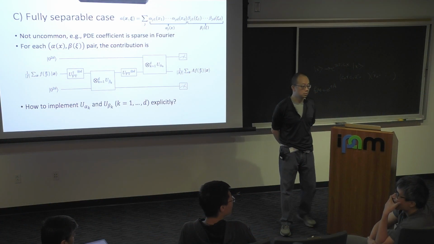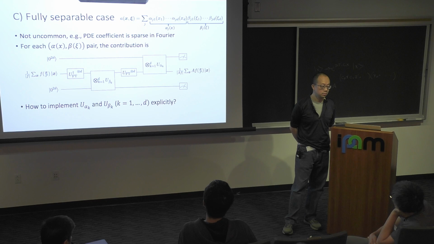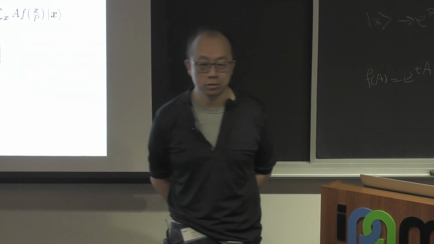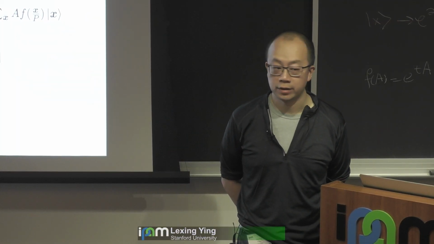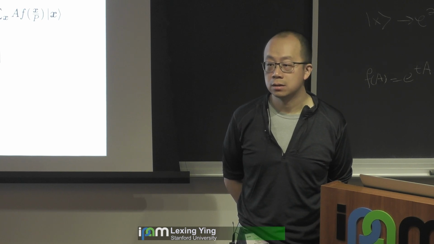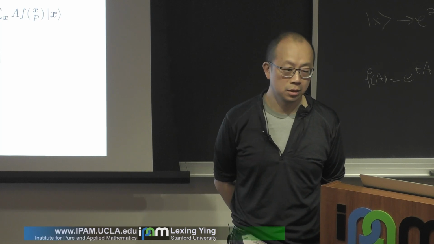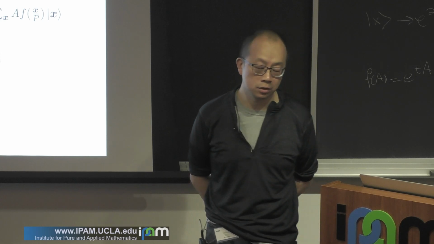As a follow-up, is it possible to show that this is more efficient than some alternative methods for doing this? We didn't do a numerical comparison, but the alternative is you have to represent it with, for example, finite difference. The main thing with finite difference is that you need to construct the oracles. I'm not an expert in doing that. Maybe other people can do it more efficiently than I do.